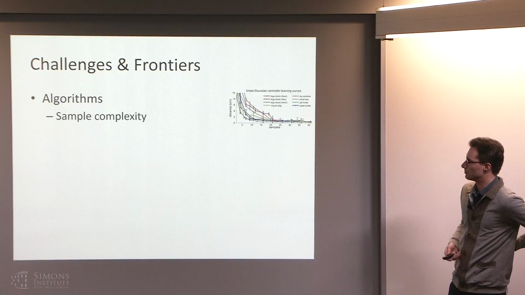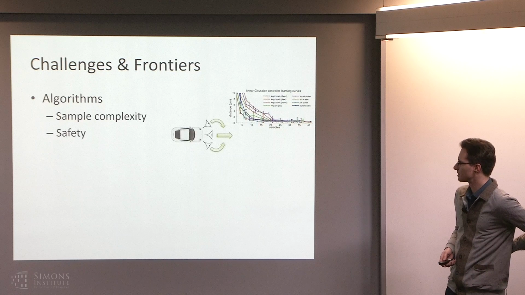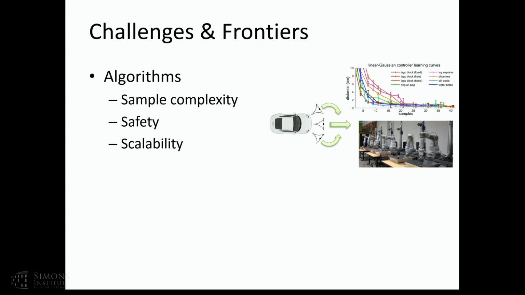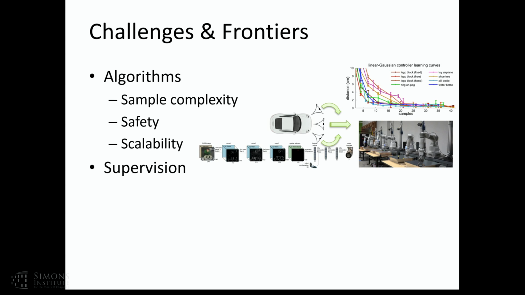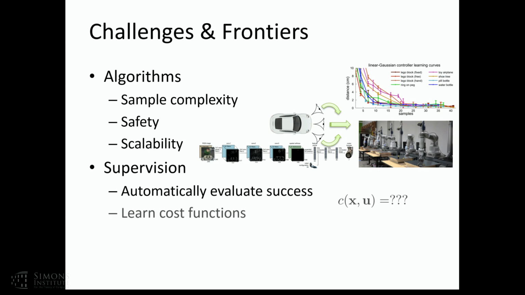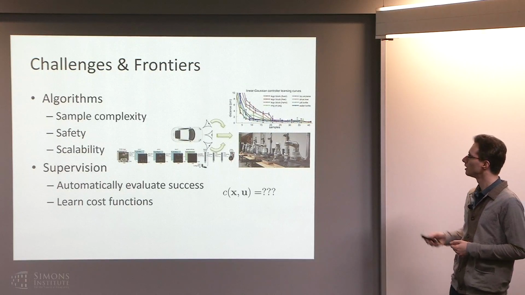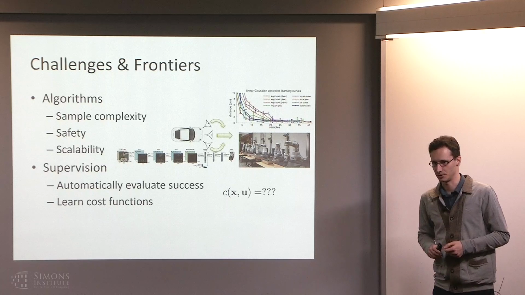So there's a number of challenges in terms of algorithms as far as sample complexity, safety, as in the case of things like PLATO, scalability, if you wanted to run on multiple robots, multiple physical systems. There are challenges in regard to supervision, in terms of evaluating success, learning cost functions, and so on. And a few of the challenges not mentioned here are the theoretical challenges as far as understanding it, especially in regard to imitation learning, which situations you can expect it to work in and which situations it might not work in. In regard to reinforcement learning, how can you actually ensure that your policy gradient method will actually achieve an improvement and so on. So these are many of the frontiers in this field, and I think there's a lot more to do here.